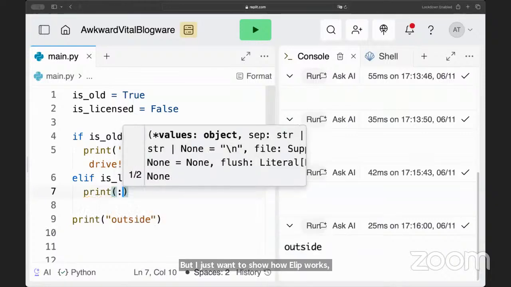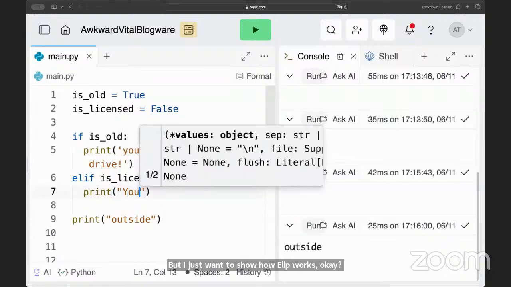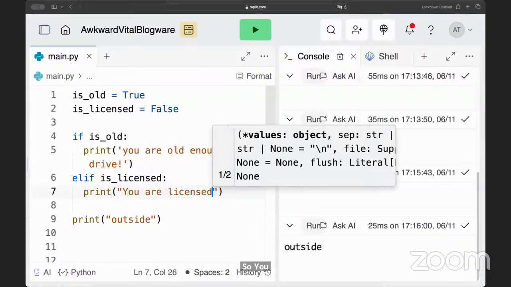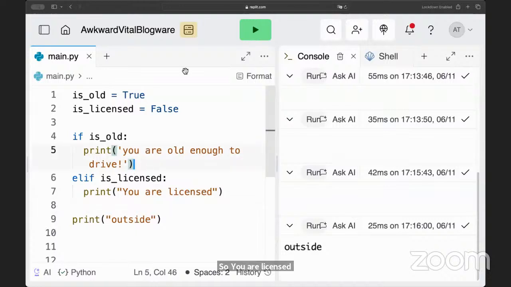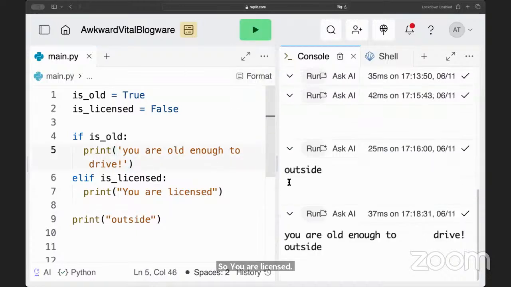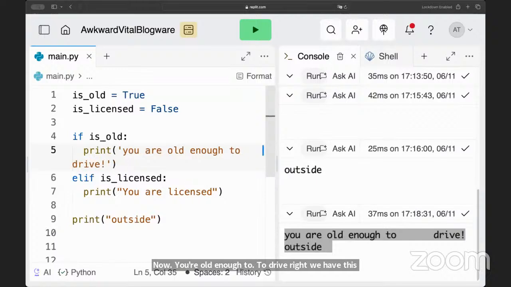So you are licensed. Now you're old enough to drive, right? We have this. You are old enough to drive. Okay. So this says you're old enough to drive.